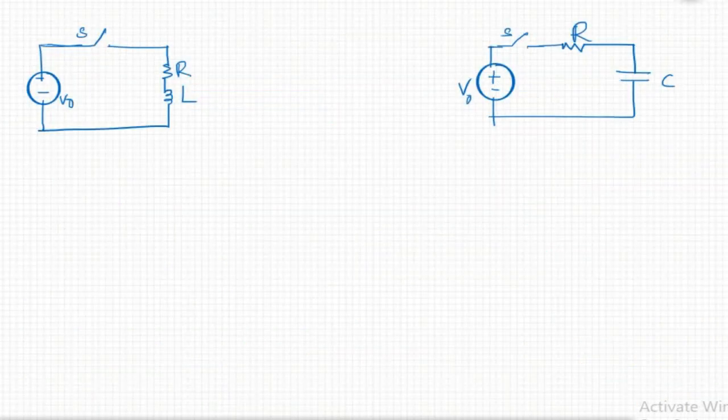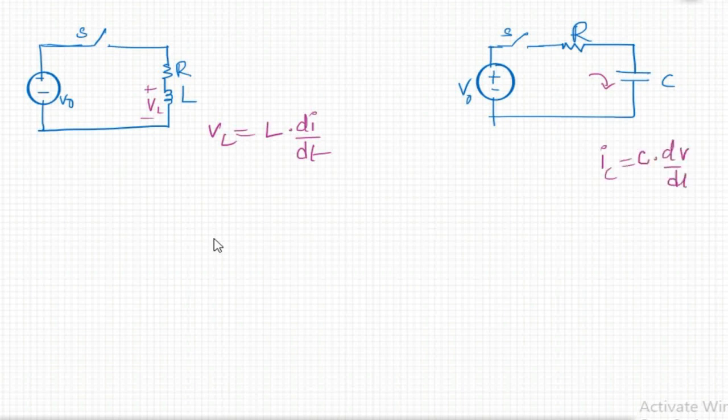So far we have discussed the individual behavior of resistor, capacitor and inductor. For a first order system they will be interconnected like this, as RL and RC circuits, and because we are dealing with transients, you will have some differential components here. For example, voltage across the inductor VL is equal to L into di by dt, and the current through the capacitor IC is C into dV by dt. So you will have differential components in the KVL expressions, and you will be solving linear differential equations here.